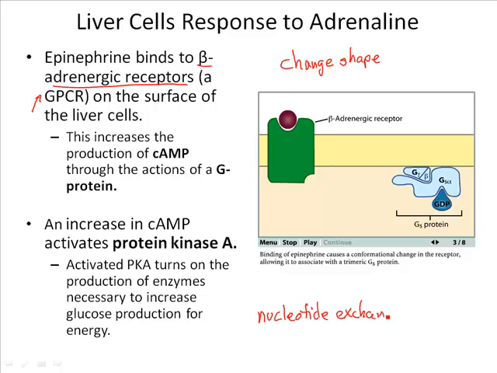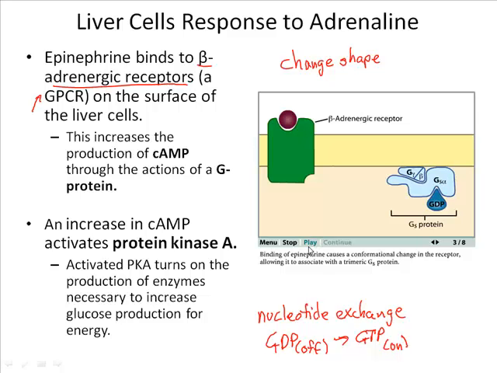In this case, once that G protein is bound to activated beta-adrenergic receptor, GDP is going to fall off, and that GDP is going to be replaced by GTP,